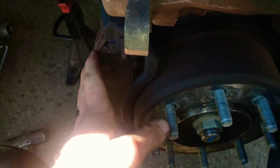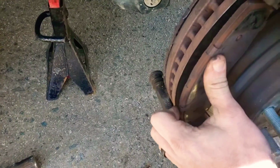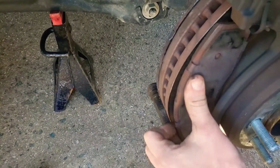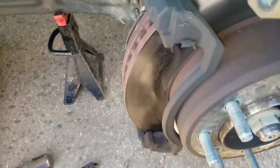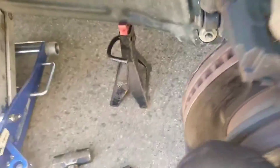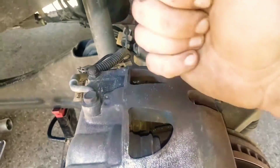So we're going to take these pads off, and the way you do that is you're going to grab hold of them just like so. If this stuff is not coming off as easy as it is for me, because I imagine 15 years down the road, this video is probably gonna be watched and they're gonna be like, it's not coming off that easy, Jordan. Dadgummit. All you gotta do for getting the caliper off is take a big flathead screwdriver, kind of stick it through while still on here,